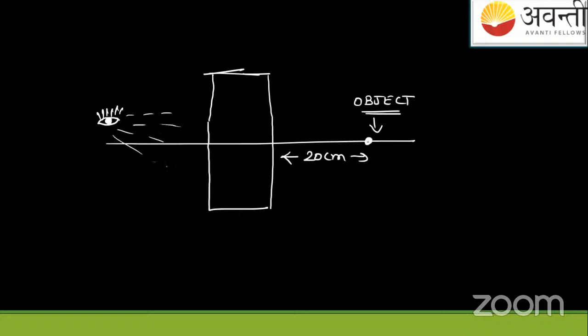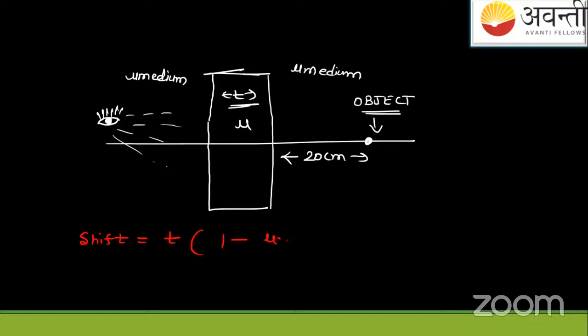If you're observing the object from the other side of the slab, which has some thickness and some refractive index, and this is the medium's refractive index in which the slab is present. If you write the formula for the shift here, what is it equal to? I have written this formula already in the theory: T times 1 minus mu of medium